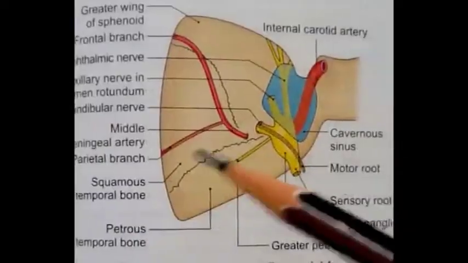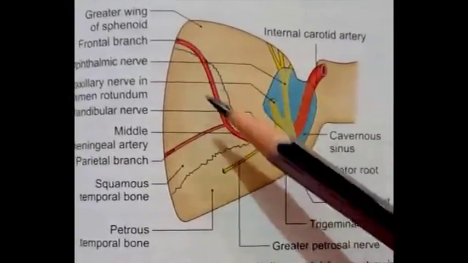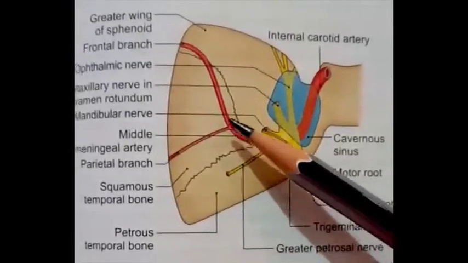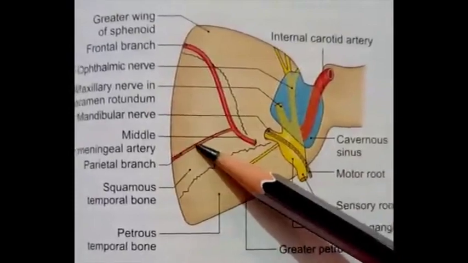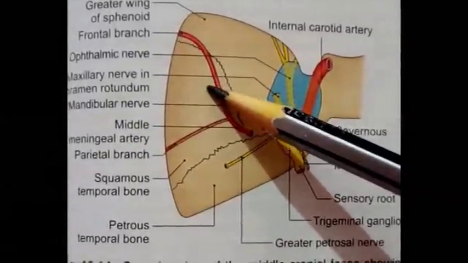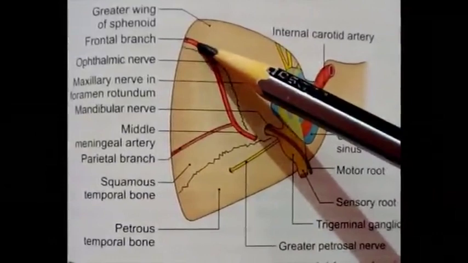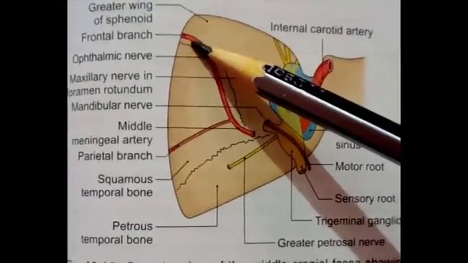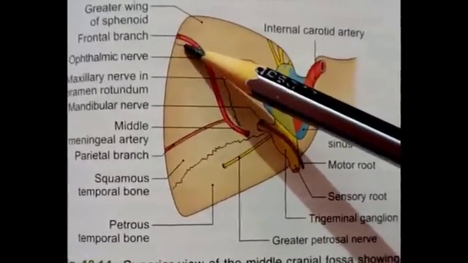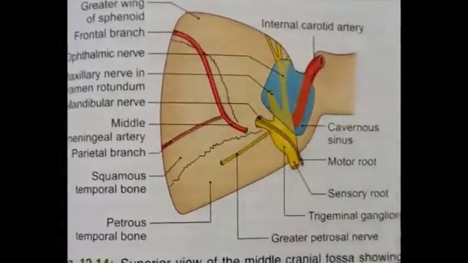Here in the middle cranial fossa, the artery runs forwards and laterally, grooving the squamous part of temporal bone, and divides into frontal branch and the parietal branch. Frontal branch is larger as compared to the parietal branch. First it runs forwards and laterally towards the lateral end of the lesser wing of the sphenoid bone and crosses the inner aspect of the pterion. Pterion is the meeting point of frontal, parietal, squamous temporal and greater wing of the sphenoid bone.